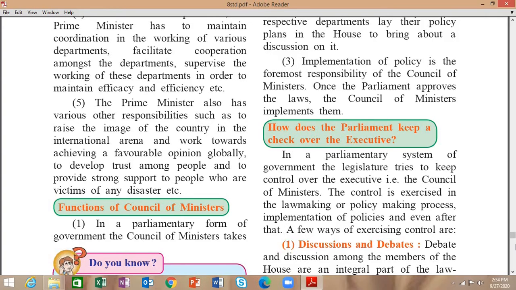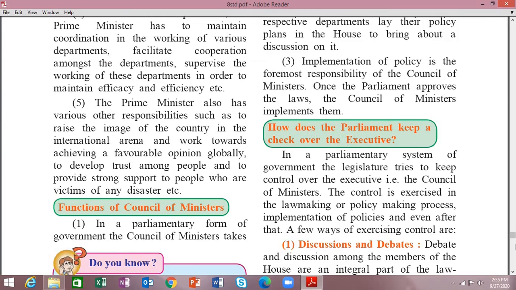And the answer to this question is no. They cannot go according to their own whims and fancies. They have to go according to the Constitution, what is laid down in the Constitution. And they have to look after the welfare of the masses, whatever the policies they make, whatever the policies they